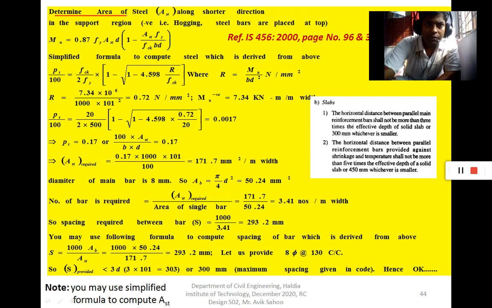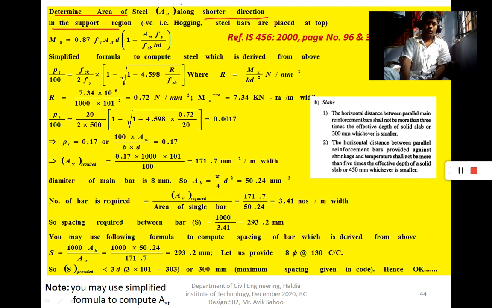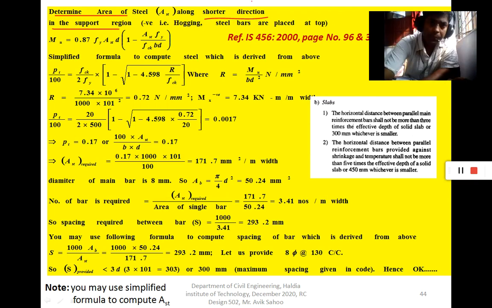First we calculate the area of steel along the shorter direction, and the negative moment is considered. Negative moment means hogging, and the steel bars are placed at the top. So as the section is under-reinforced, we can use this under-reinforced equation given